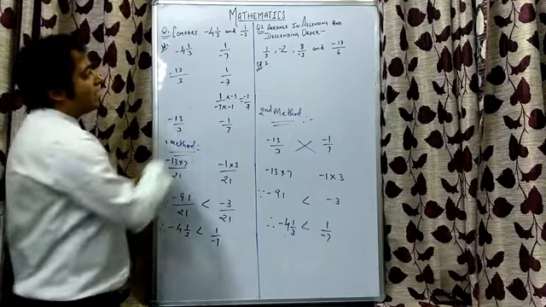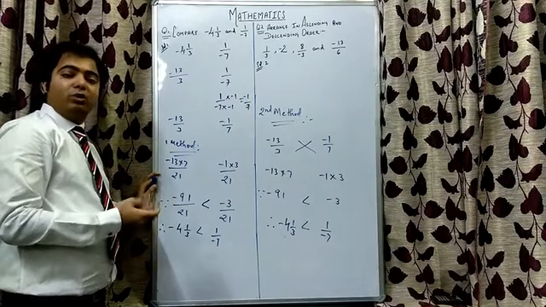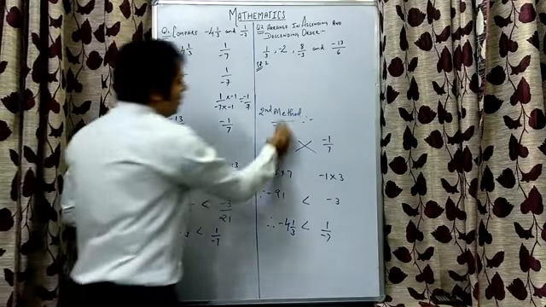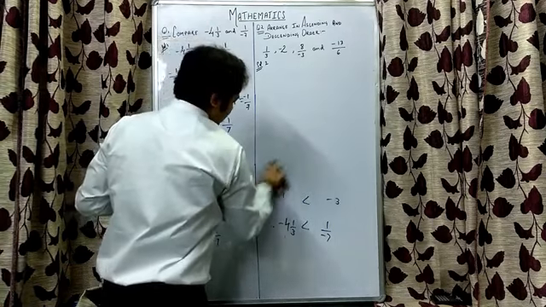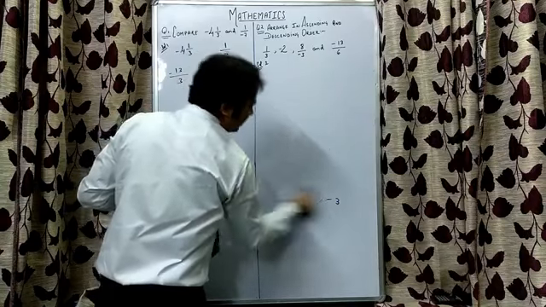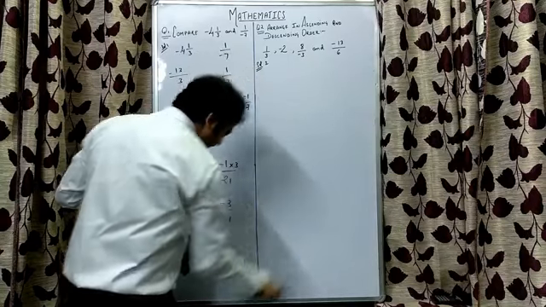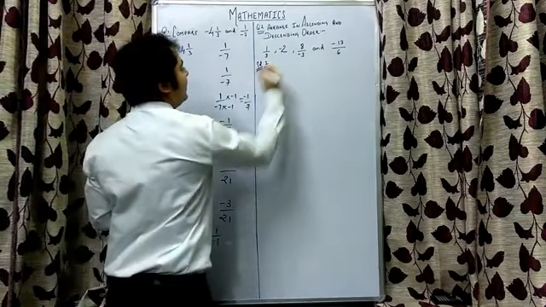In exam, you can follow any of the two methods, but I will suggest you to follow method number 1, because the same method you can apply in ascending and descending order when you have got more than two rational numbers to compare, right? So let us do the second question that says we need to compare more than two rational numbers, or we need to arrange the rational numbers in ascending or descending order, right? Again the same logic we need to apply.